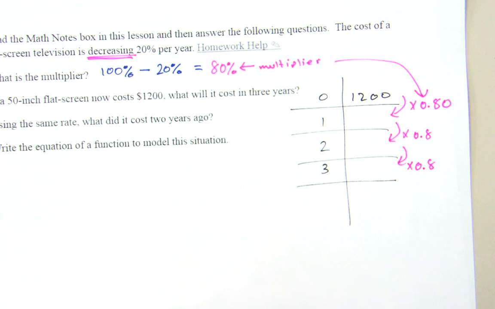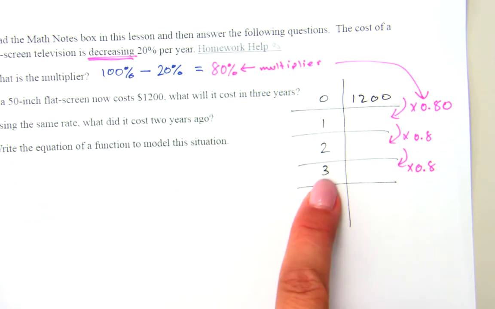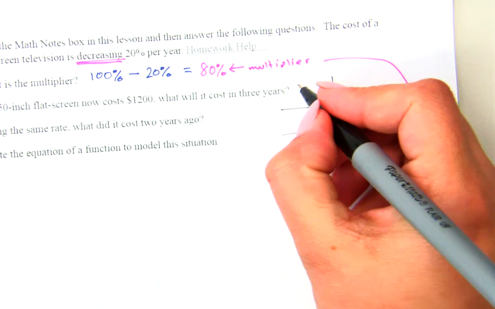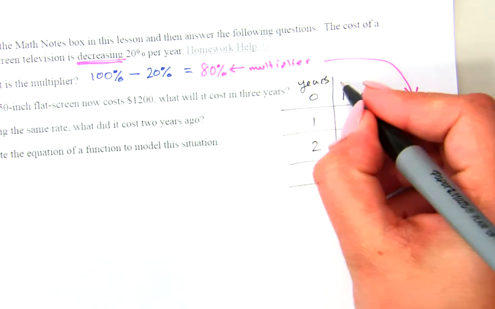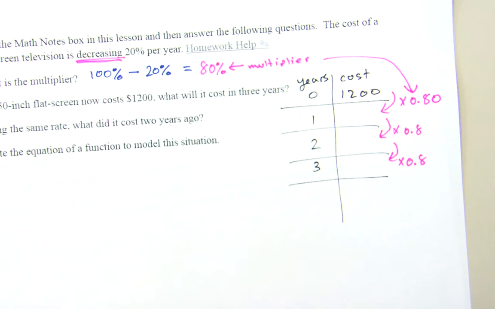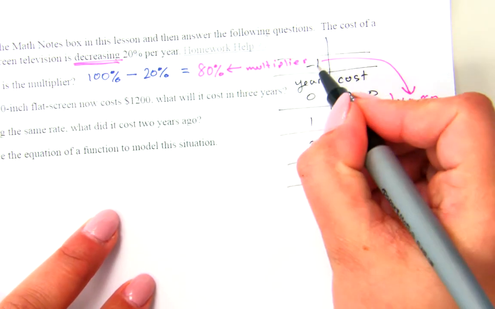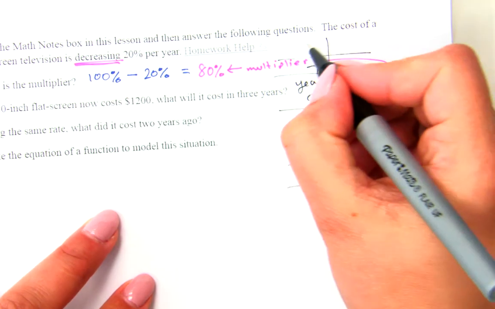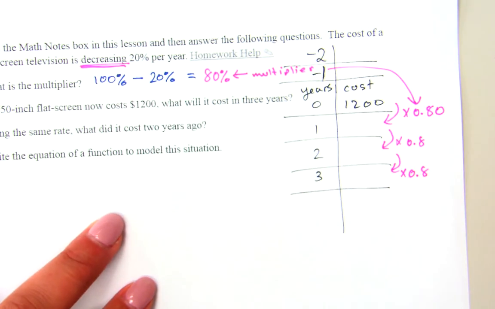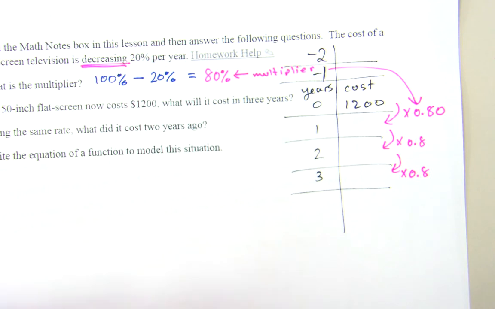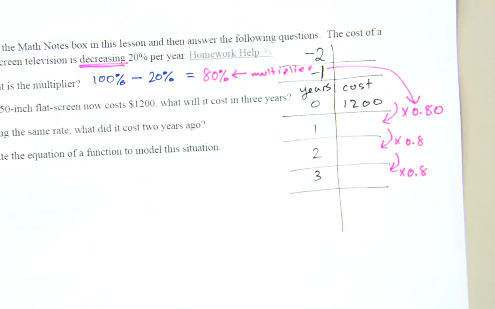Okay, now to go backwards, it wants to know what it's going to cost in 3 years, right? So this is your years. This is the cost. Sorry, I didn't label that. Now, 1 year ago was -1, and -2 was 2 years ago. So you have to go backwards. That means you're going to take 1,200 and divide it. 1,200 divided by 0.8. And that should give you